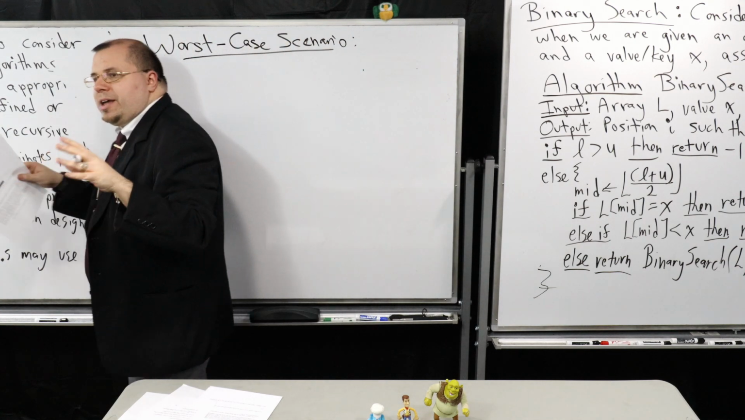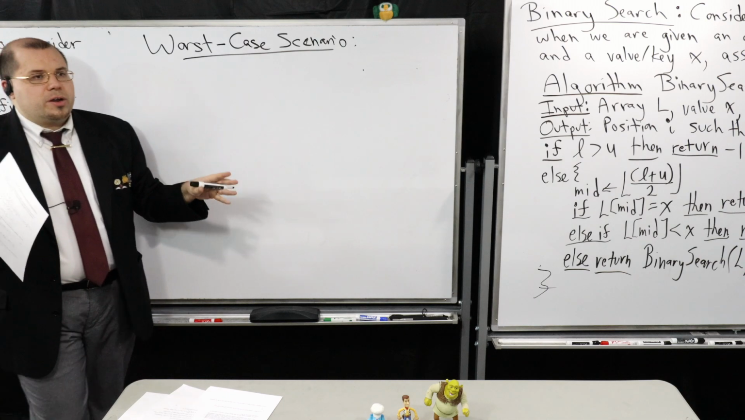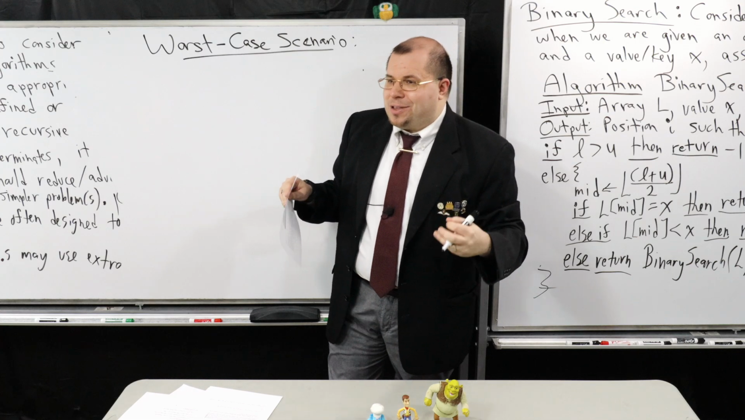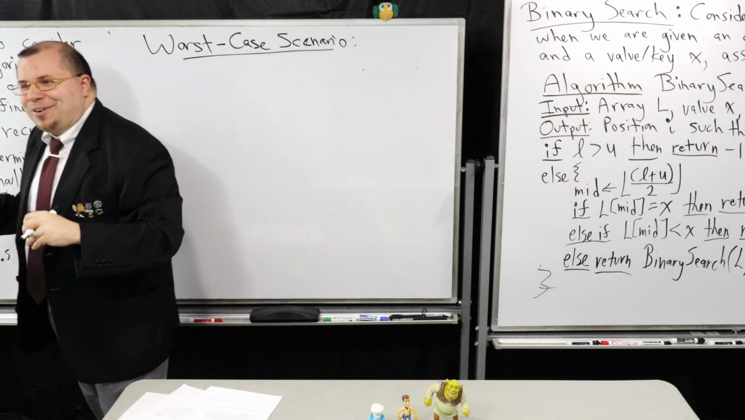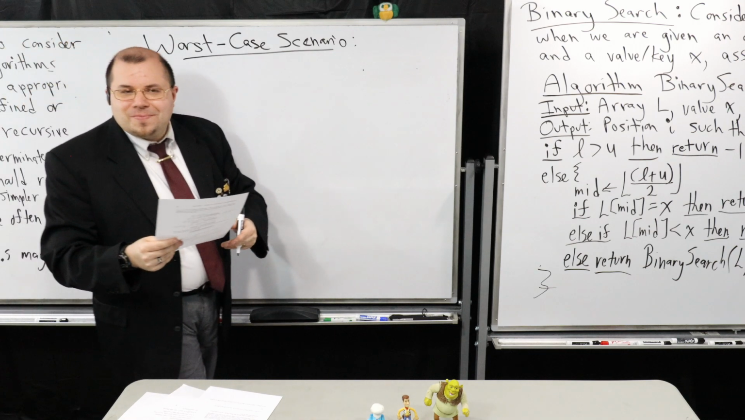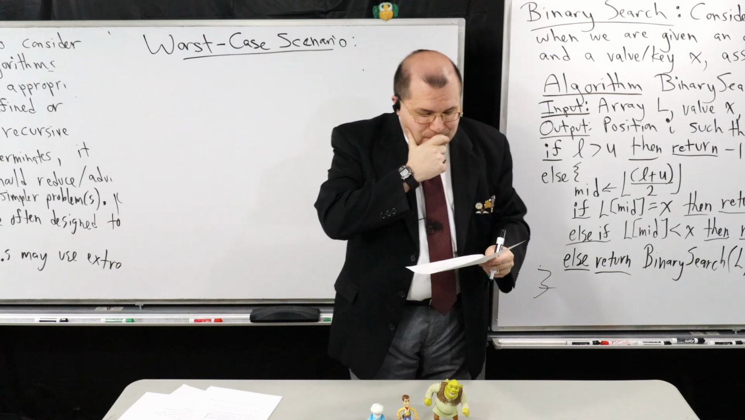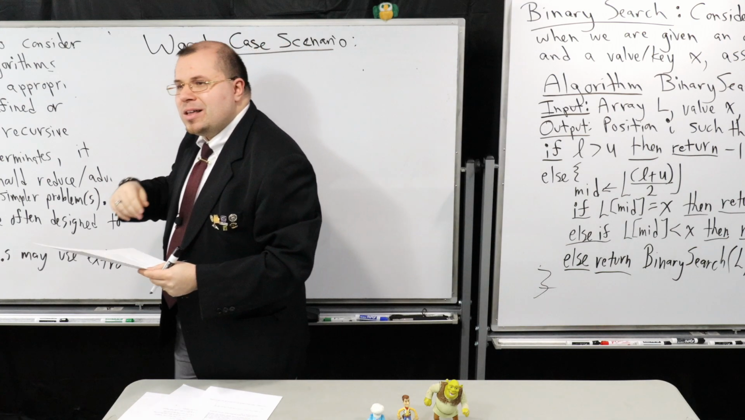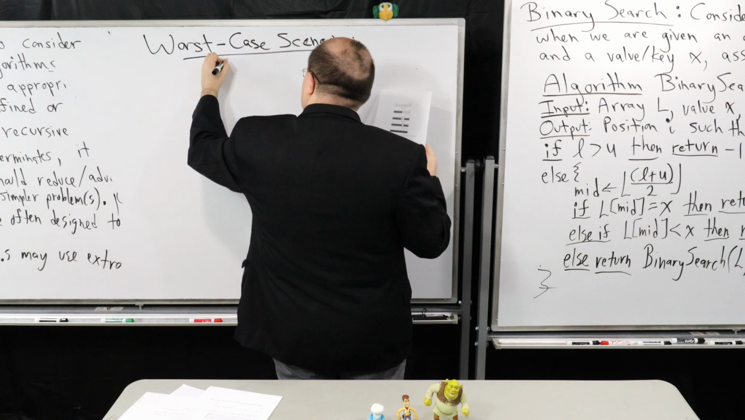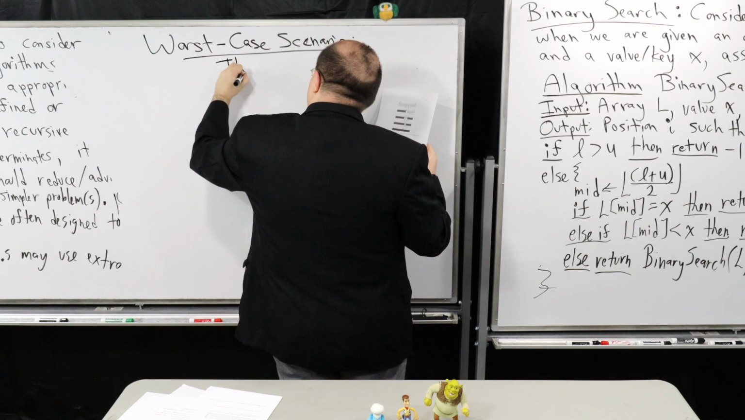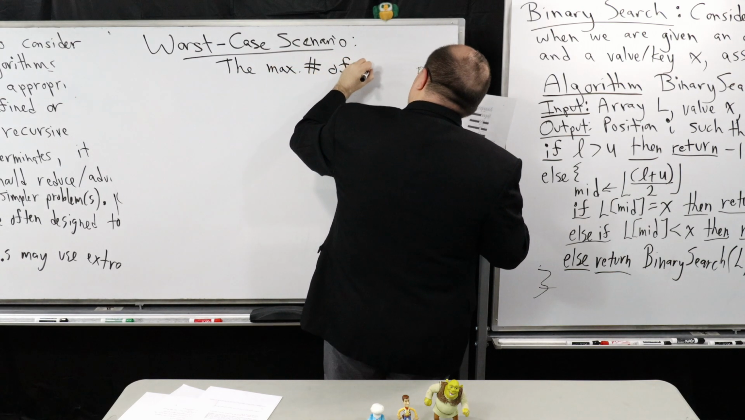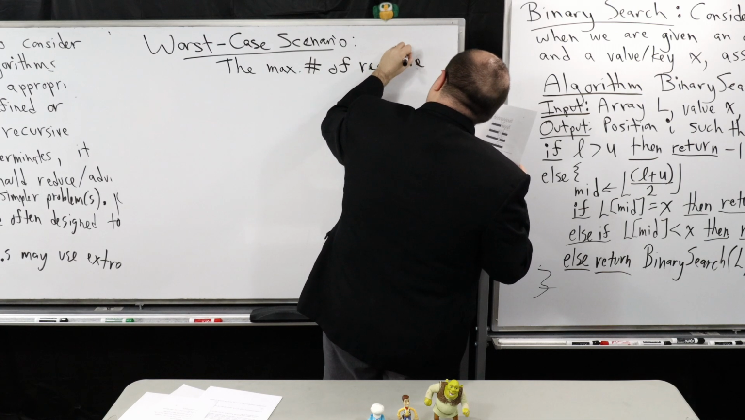So are there any suggestions on what the worst case scenario will be for binary search? Any suggestions at all? I'll give you a hint. It's nothing too surprising. Yeah, when the key is not there. Perfect. So the max number of recursive calls